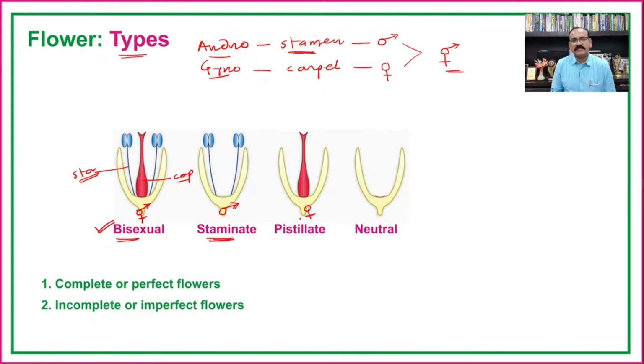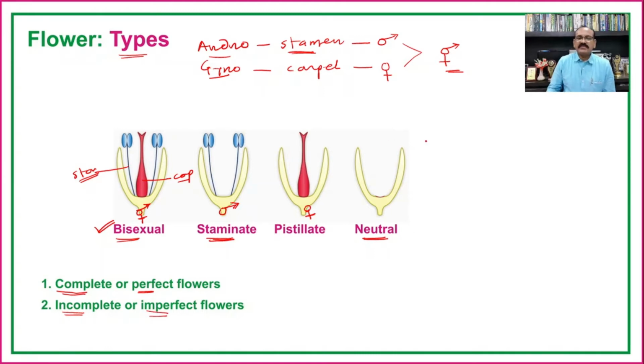or the female flowers. But in some plants, in addition to the bisexual flowers, male flowers and female flowers, there is development of a type of flower in which there is neither androecium nor gynoecium. Such flowers, in which the androecium and the gynoecium both are absent, are known as the neutral flowers.